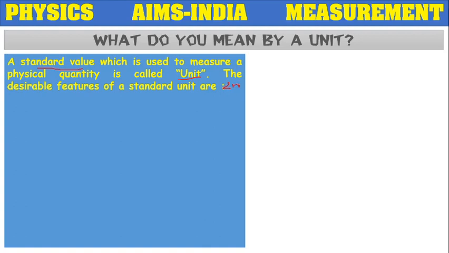Just now in the previous slide we have measured the cloth. We told the shopkeeper we want 2 meters of cloth. While telling, along with the number 2, we are also making use of another standard value called meter, so that the shopkeeper will get complete clarification regarding the object. So this standard value meter is called a unit.